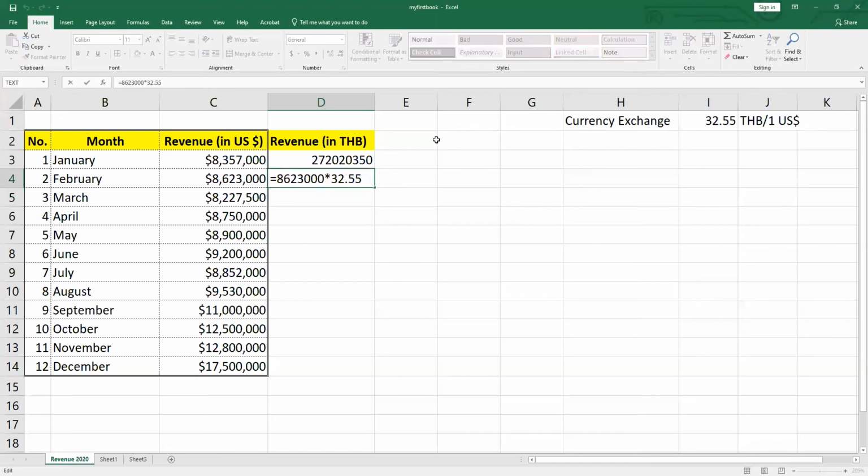But the point that I want to tell you is that, firstly, it wastes a lot of time because you have to type a lot of numbers. Secondly, if you type the calculation like this, it's possible that you may mistype the revenue in US dollars or mistype the currency exchange in some cells. And it is quite difficult to check because there are lots of cells. Third one,